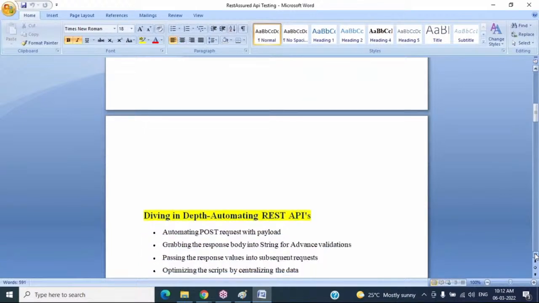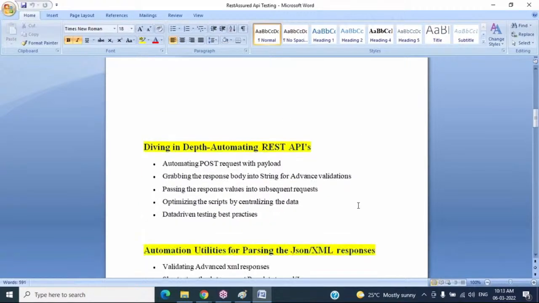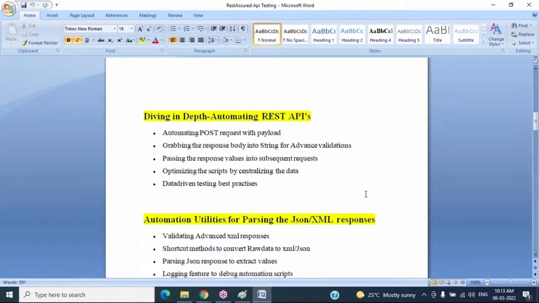So when we are sending the request and getting the response, or while we are sending the request, how to authenticate the particular request. So all these things we are learning here. Okay, so after that,